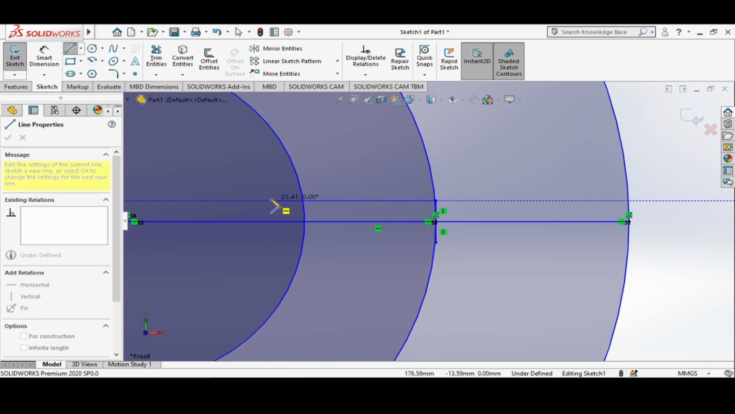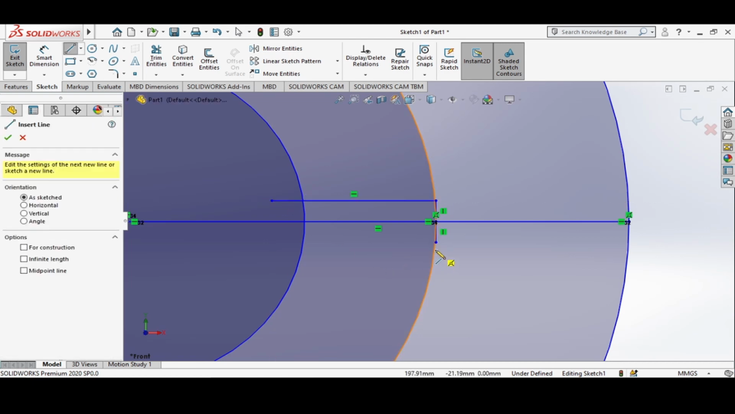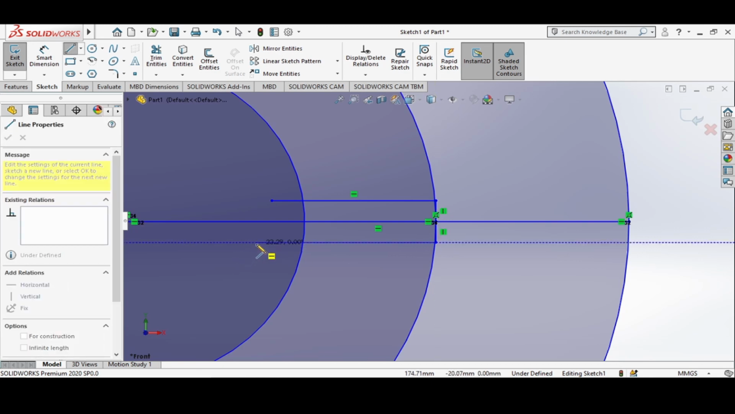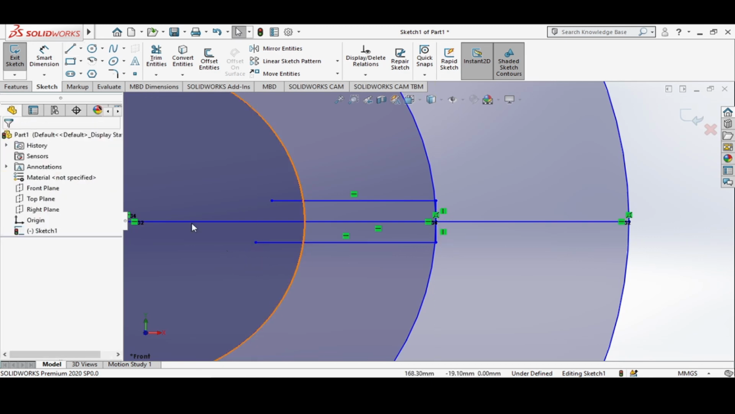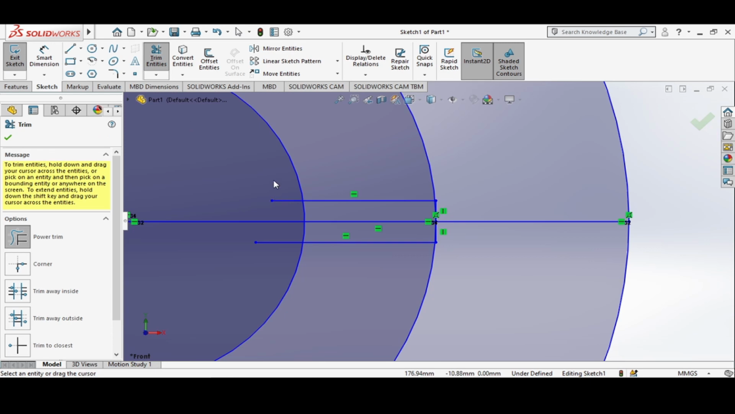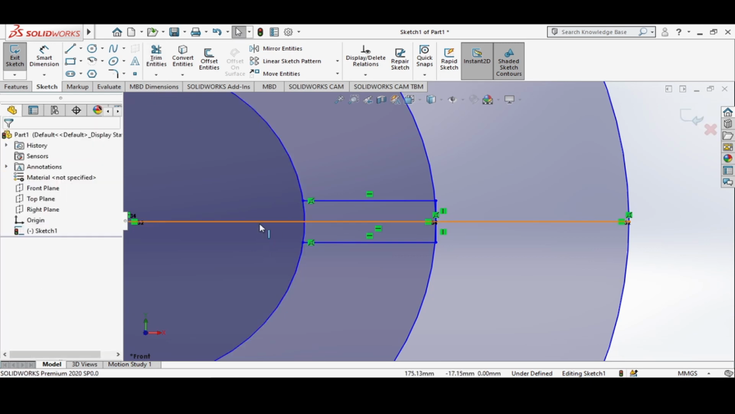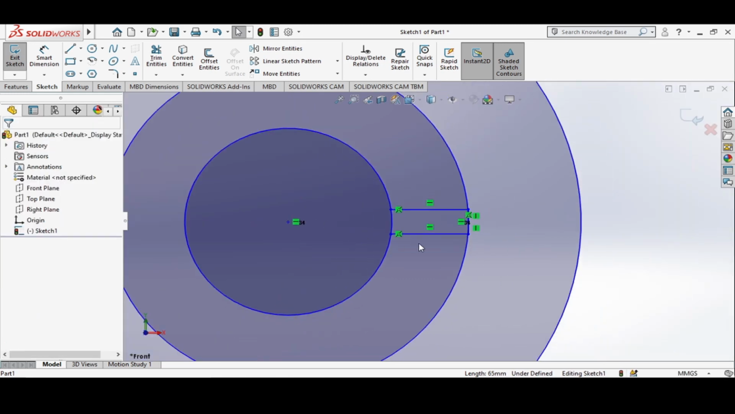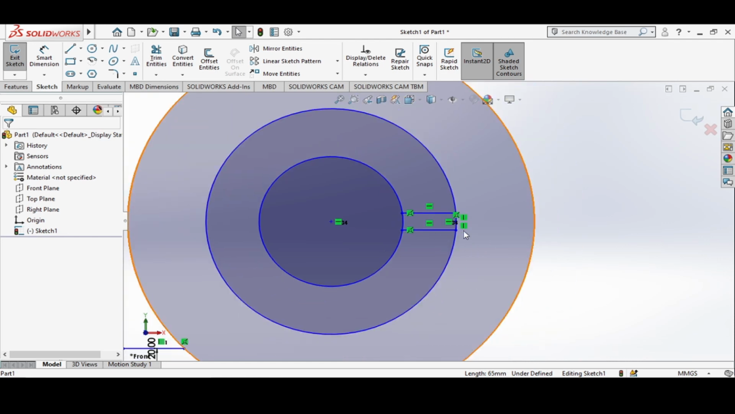Now we should create a line here, and again here. Just use the trim entities to remove the unnecessary lines and delete this reference line. Now that we have this kind of figure,